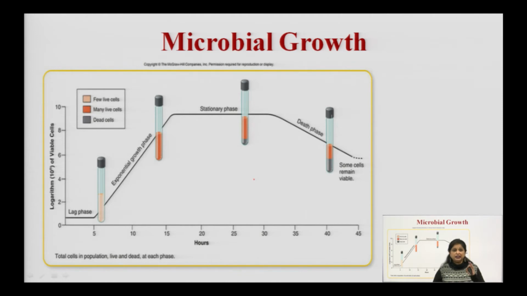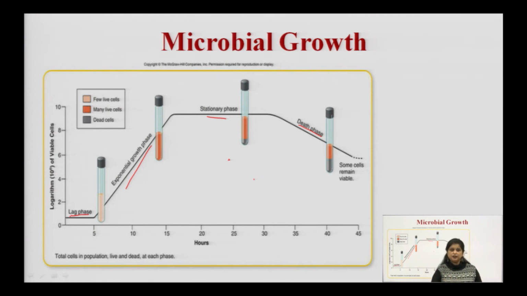Now how can we divide this growth curve? Mainly we divide our growth curve into 4 parts. As you can see here, first we have the lag phase. Second, we have the growth phase. I told you that the growth phase will be exponential, that is 1 to 2, 2 to 4, 4 to 8. So we will see an exponential growth curve, and the next phase will be the stationary phase, and the next will be the death phase. So you can see there are 4 phases in the growth curve.